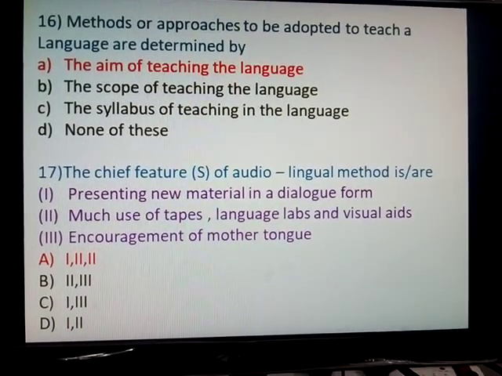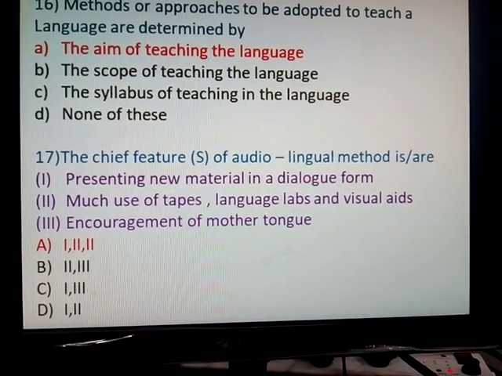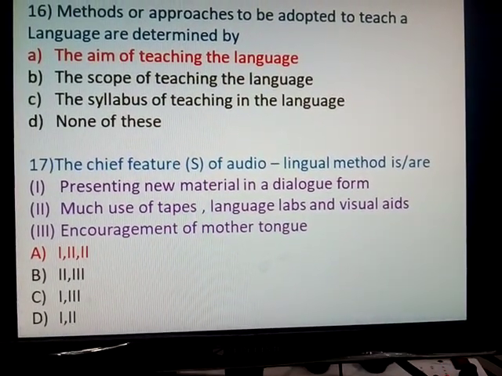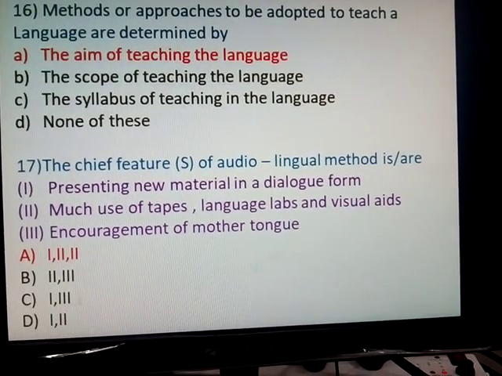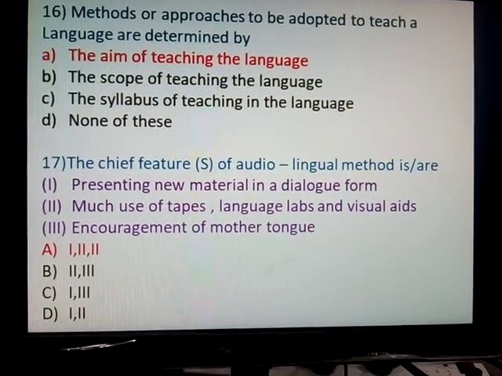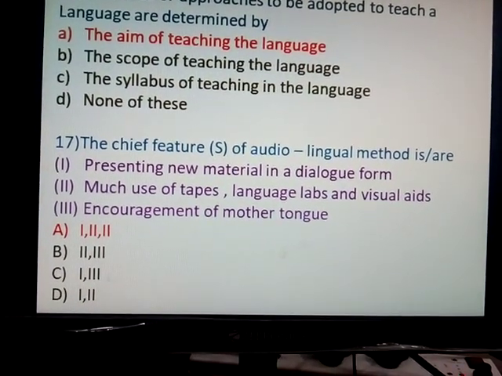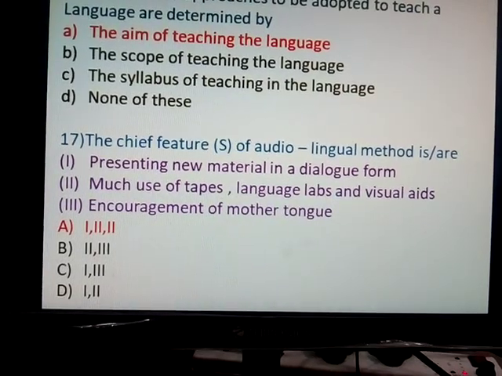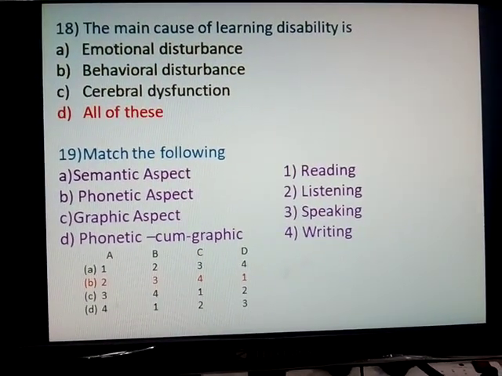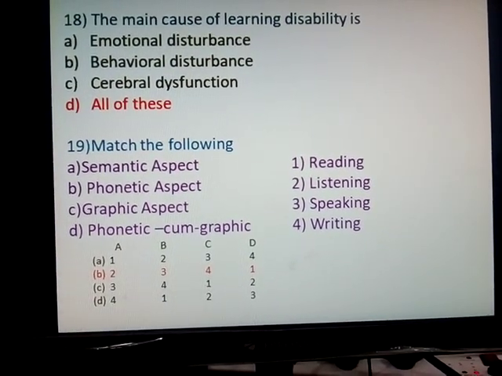The chief features of the audio-lingual method are, answer A: presenting new materials in a dialogue form, much use of tapes, language labs and visual aids, and discouragement of the mother tongue. The main cause of a learning disability is, answer, all of these: emotional,